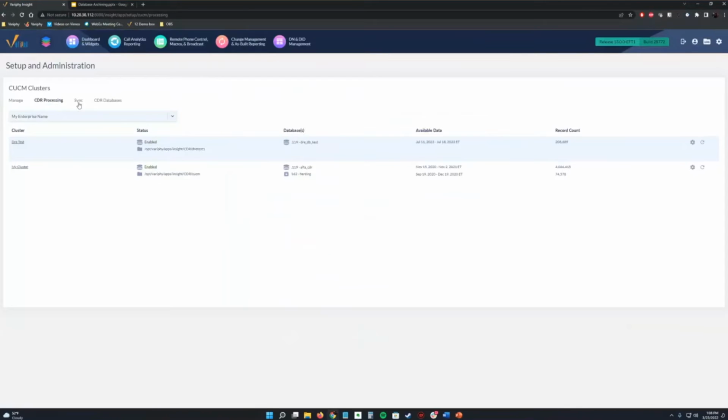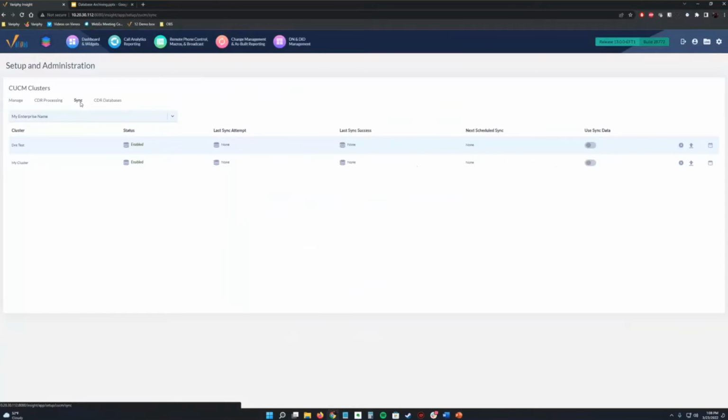So then on the next tab here, you're going to see our sync tab. This is going to be that call manager sync. That's going to keep your device names and users up to date with any changes within call manager. Now, we have these off right now, so there's no last sync success. If you run a report with this turned off, they automatically sync.